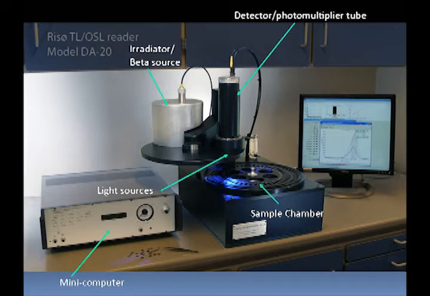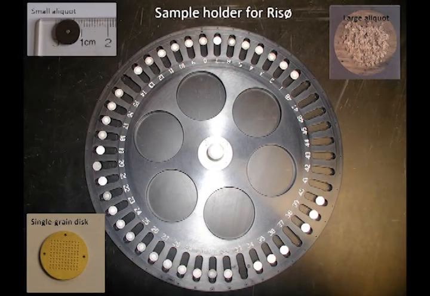So you have a photomultiplier tube, which just helps detect that weak luminescence given off. Associated with it are a number of light sources of different wavelengths, depending on which minerals you're dating. A heating source for heating steps during the dating process. There is a radiation source. It's a strontium-90, and it's enclosed. It's about the size of a little dime, a little coating of strontium-90 that we use to try to replicate the burial dose of radiation. Then some computers, a computer screen, and a sample holder, which I have in the next slide,